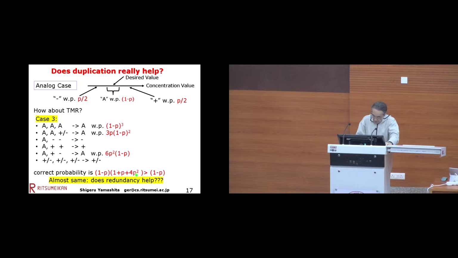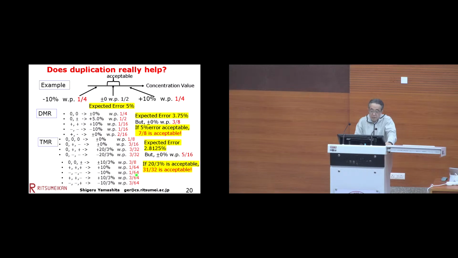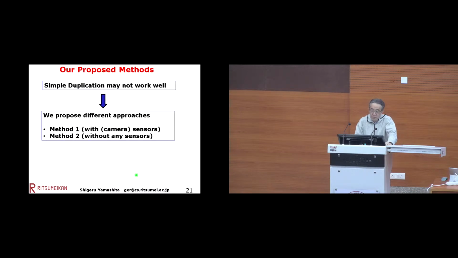So maybe duplication in many cases doesn't work for biochip design. Okay, maybe I skip this. So these are very complicated cases, but my first message is that for biochip design, duplication doesn't work very well in many cases, unlike digital components. And so we propose